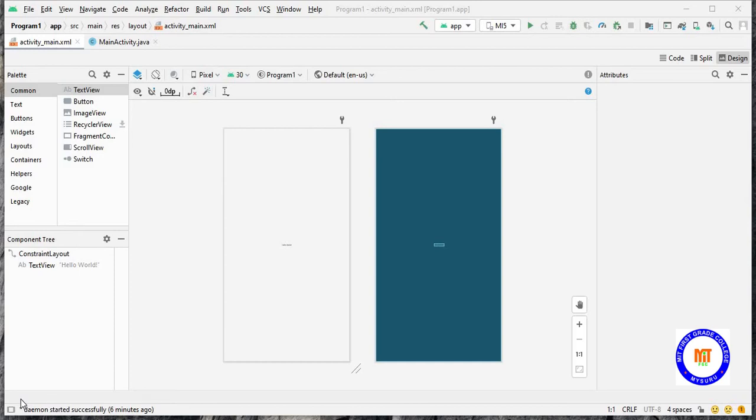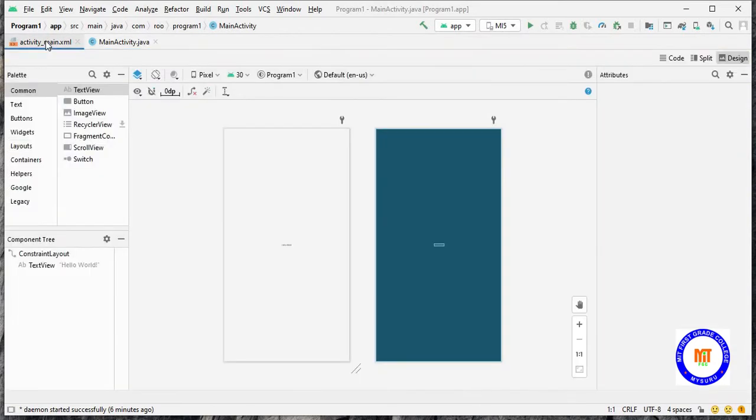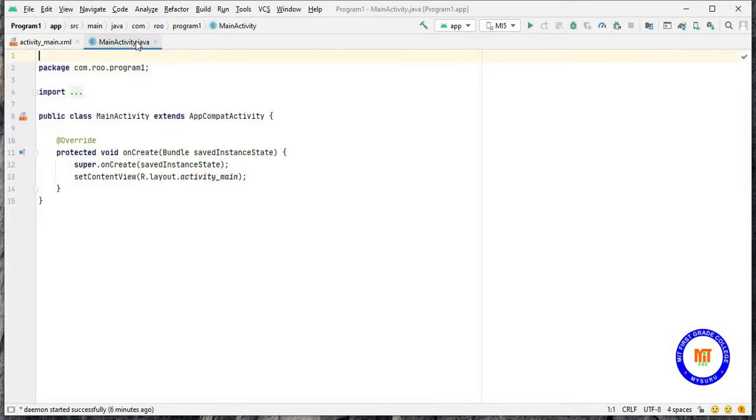This is the Android application program to demonstrate login credentials. In the Android application, you will be mainly having two types of files. One is XML file and another one is Java file. In the XML file, you are going to use this for designing part, and this can be used for writing